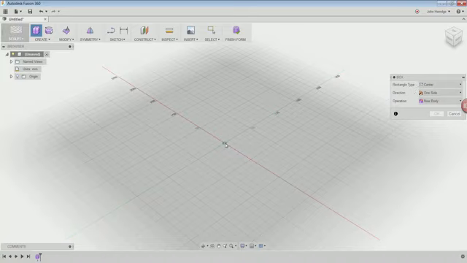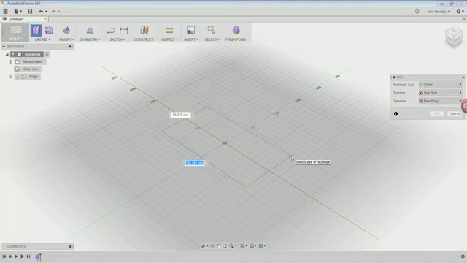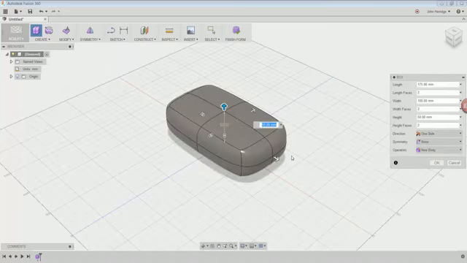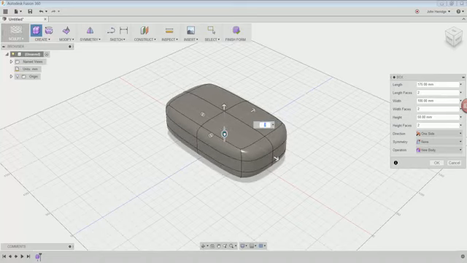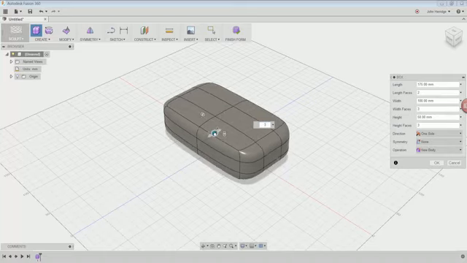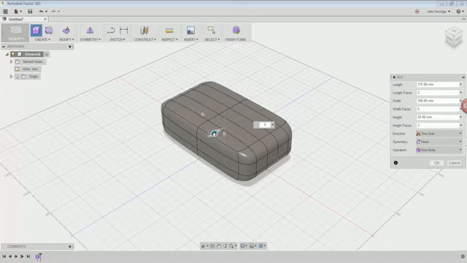Go ahead and choose the origin point of the file as the beginning point. For side 1, enter in 175 millimeters and hit the tab key to accept. And for the second side, enter in 100 millimeters and hit the tab key to accept. So for the height, we'll leave that alone for the moment, but for this side, let's go ahead and add 2 additional faces in this direction,